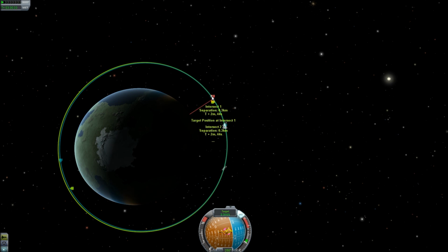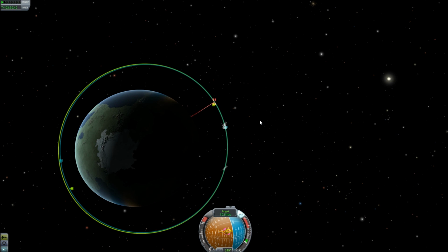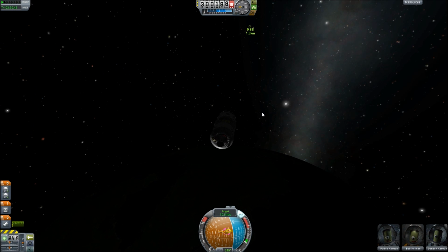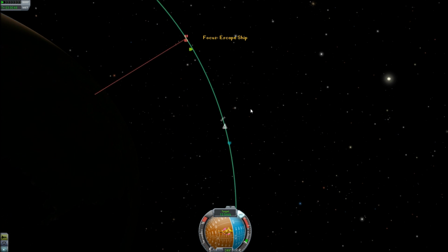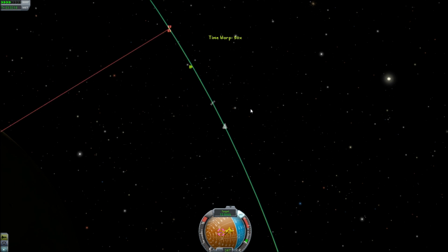How are we looking? 3 kilometers. That will be really good. That's about what I want, right? So what I'm going to do is get up to this point, zero it out, and then we're going to go in for close maneuvers. All right, we're actually going to do the docking. All right, so we get up here,